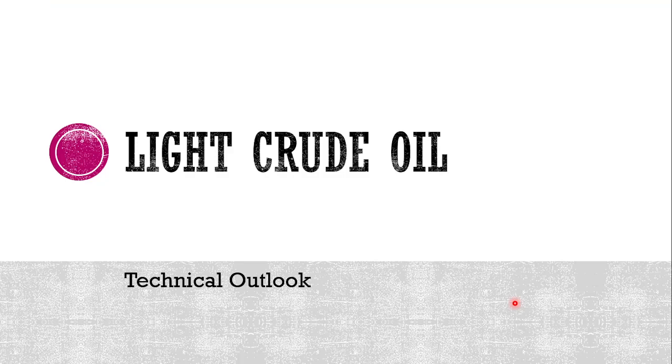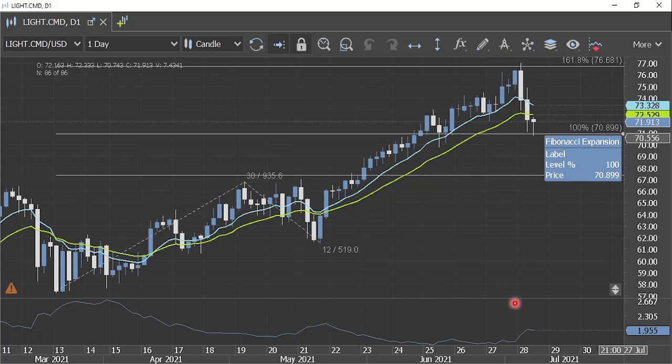Moving on to the commodity side, let us consider the light crude oil's technical outlook. This is the daily time frame chart, and just a couple of days back, when the light crude oil was rising, I had talked about the continuity there, and it did rise. But after rising to this 161.8% Fibonacci expansion, it has shown a sharp reversal,